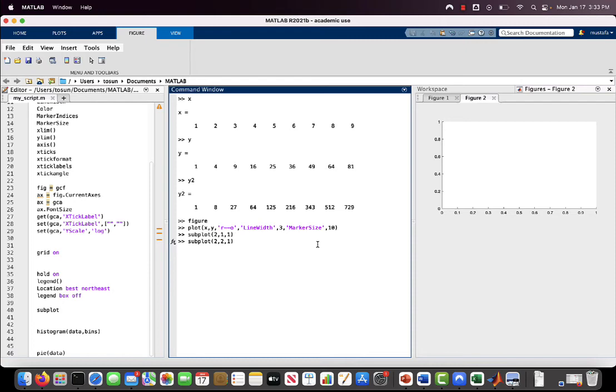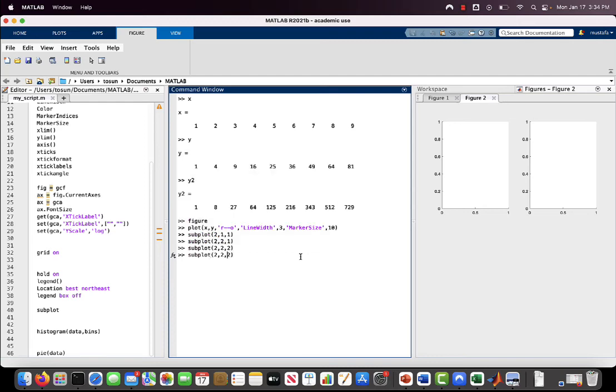If you use 2 rows, 2 columns, and I want to draw the first one, this time your figure is divided into 4 parts, which is 2 by 2, and right now I'm plotting the first one. And if you want to plot the second one, it will be right here. And if you want to add another plot, but this time I want to use the whole rest of my figure, and